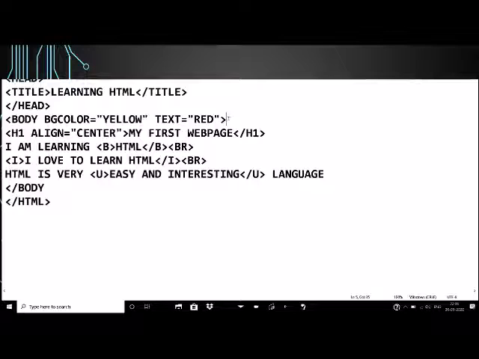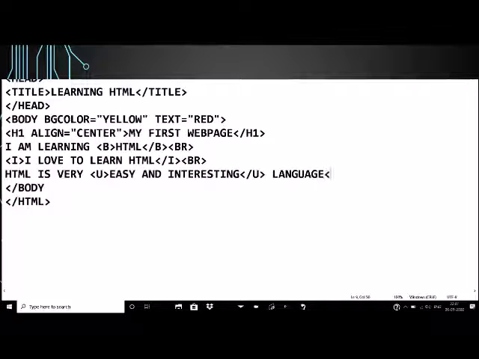After that, we will be using the P tag. P stands for paragraph. Here we have used BR, and we had observed in the output that when we use the BR tag, the text after the BR tag appears in a new line. So the BR tag is used to break the text and start a new line, but the new line starts from the very next line. Suppose we want to give some information in the form of a paragraph inside the web page, then we can use the P tag.